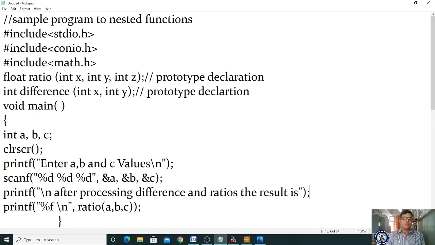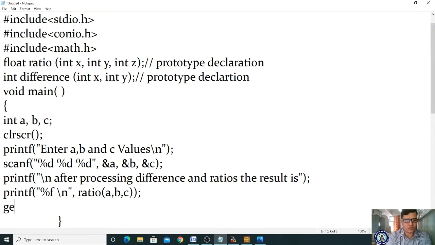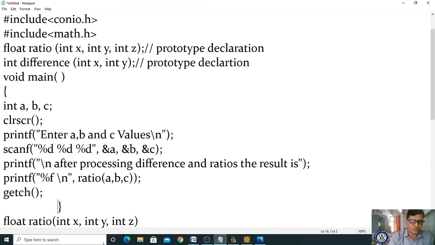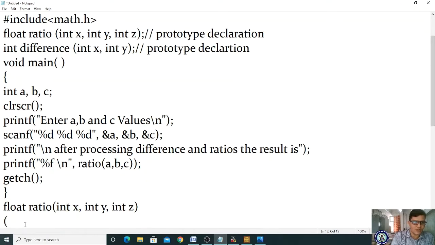Now you are displaying this value with %f, while displaying you are calling the function. What is the name of the function you are calling? Ratio. So whatever values of a, b, c you are supplying, the function call automatically transfers them to the x, y, z values.